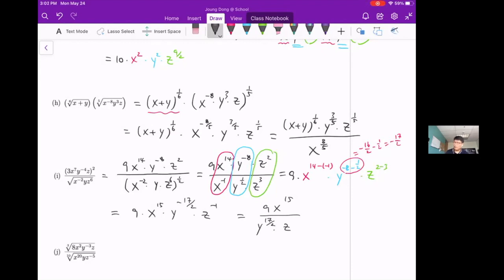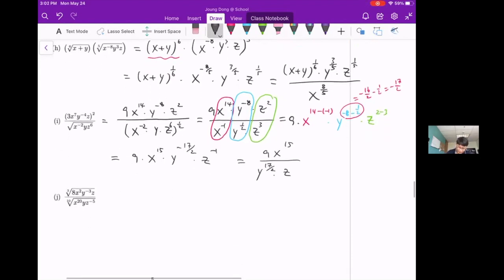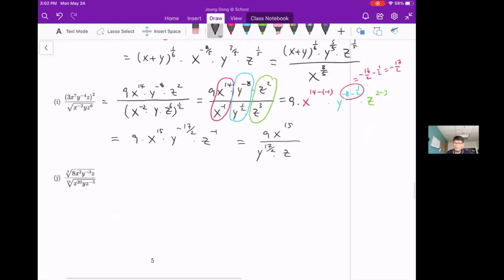So what about the next problem? Oh, it's getting complicated, right? But trust yourself, okay? You can do it, okay? So we're going to take care of the radical function first, and we're going to simplify, okay? So this guy is equal to